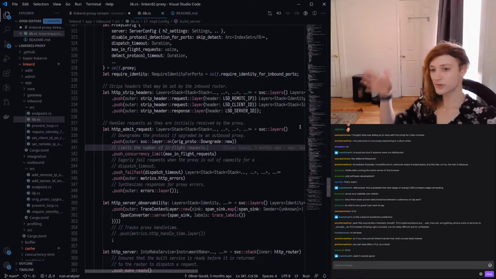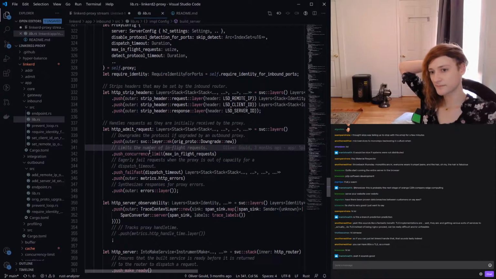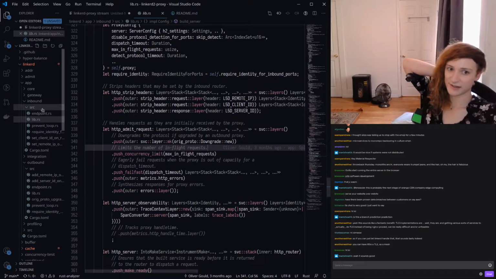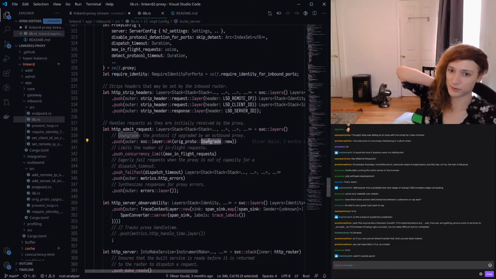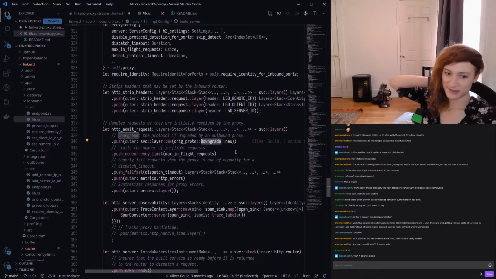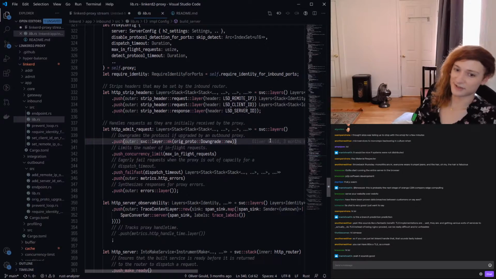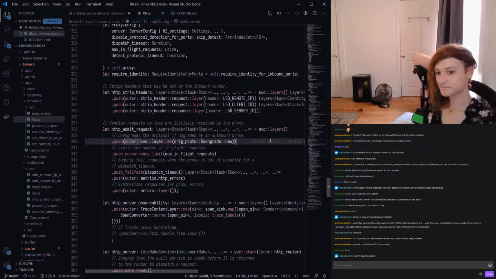So when you control both of those hops, you can do all kinds of things. And I guess we got into this because we saw this protocol downgrade, and I was sort of like, okay, we see this downgrade word. Downgrade seems bad. Well, sometimes it's actually good to downgrade, and that's the story of why.